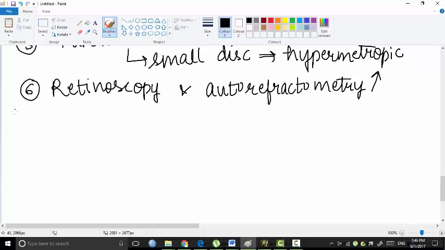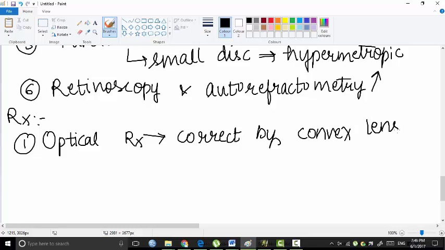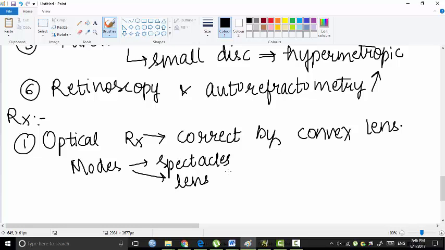Now, what is the treatment of aphakia? One, optical treatment, that is to correct refractive error by convex lens, which is used for hypermetropic patients, right, with appropriate power. And the modalities, how do you correct it? The modes include spectacles, contact lenses can be used, or